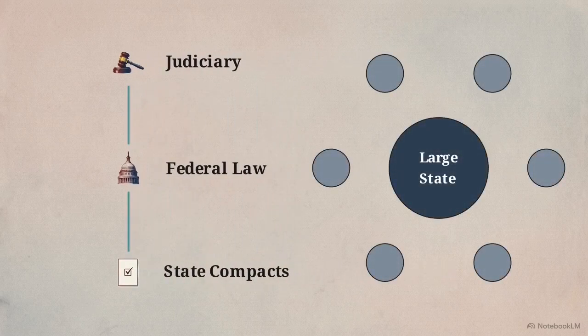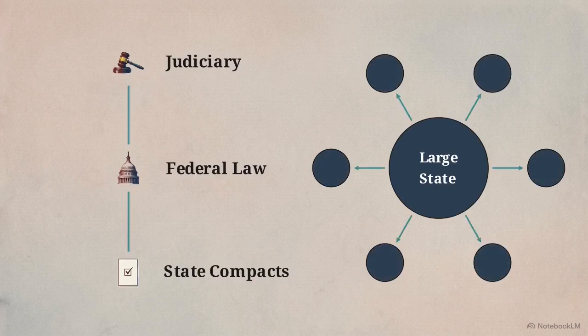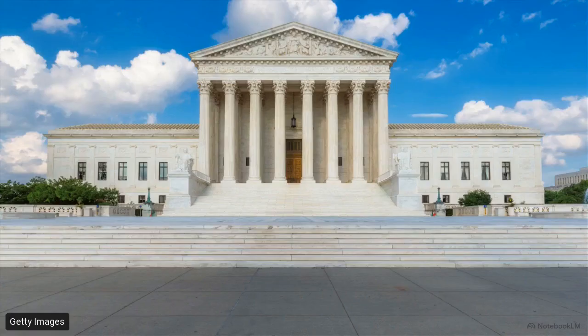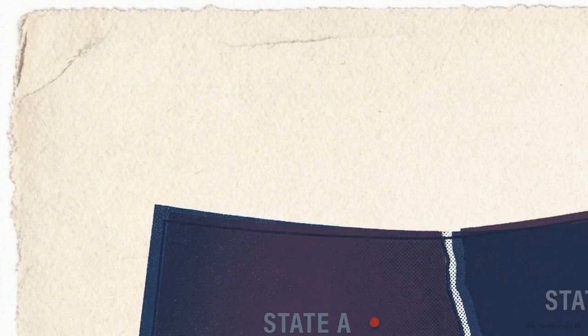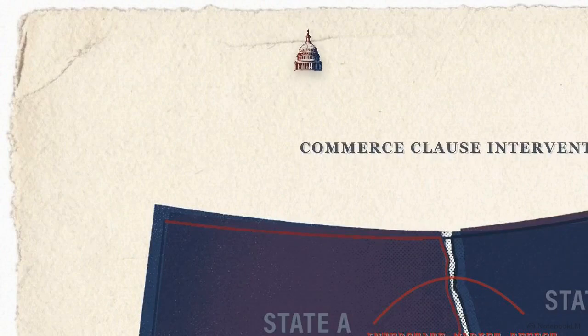Even without formal compacts, divergent state budgets and case law create cross-state spillovers. Legal analysis by Manet and colleagues shows that large states use their market power to compel nationwide compliance, overriding the policies of smaller states. That economic spillover leads to the ultimate constitutional trigger, the Commerce Clause. The federal government possesses both the authority and the responsibility to prevent one state's policies from imposing economic harms across state lines. When state laws create inherently interstate market effects, Congress is forced to intervene and clarify how state regulations